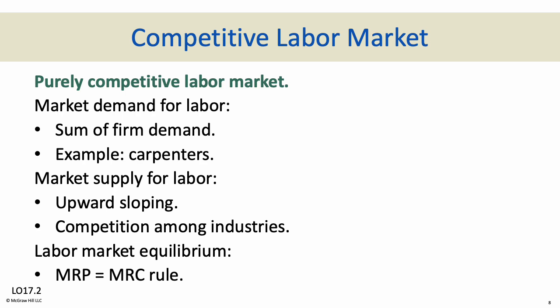And the market supply for labor, it's upward sloping because there's competition among industries. If you're a carpenter now, it doesn't mean you have to be a carpenter forever. You can retrain and do something else. If you're good with working with wood in your hands, it would probably be fairly easy to retrain to maybe be something like a metal worker, or work with stone, or install tile, or something broadly similar to carpentry where you're using power tools and you're building things, but you may not necessarily be working with wood.